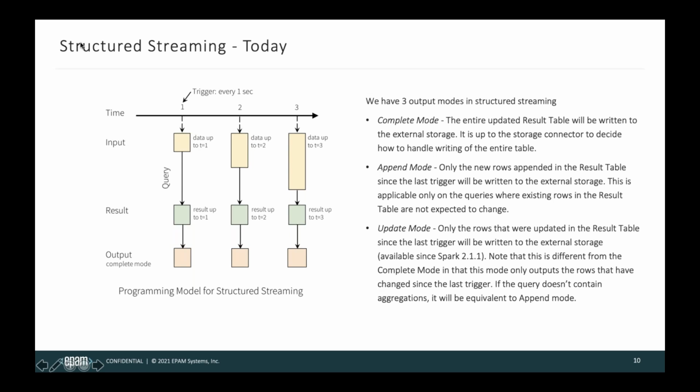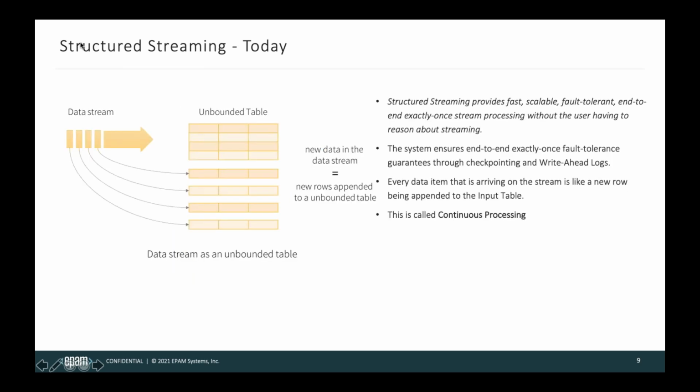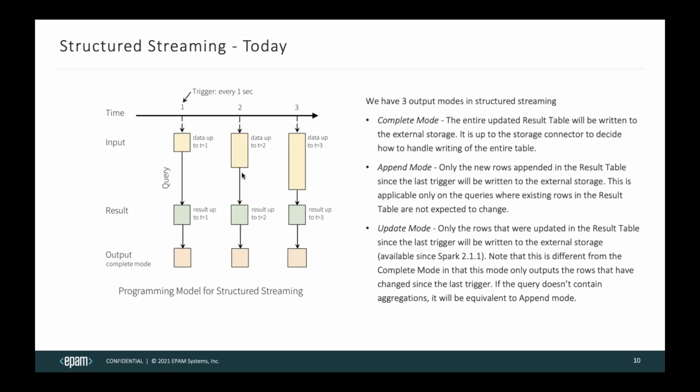And append mode. Append mode is just appending new lines to the table like we discussed. Whenever we get the complete mode, this unbounded table will be destroyed and recreated with a new set of data. And whenever we are working with append, we are just appending new records to this table. The third mode is update mode. If there's a record in this table, we are just updating the result. It could be a count, it could be something else. But if it's not found, it is just inserting a new line.